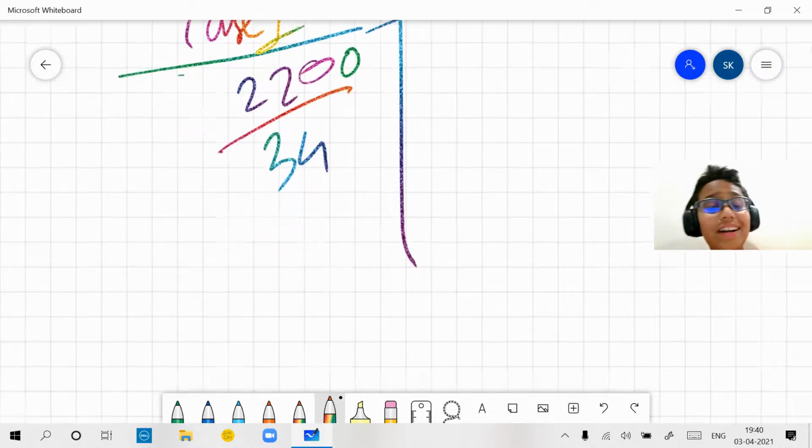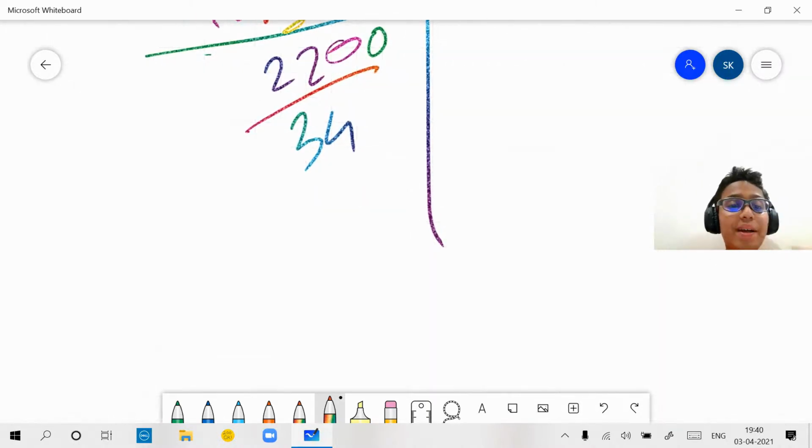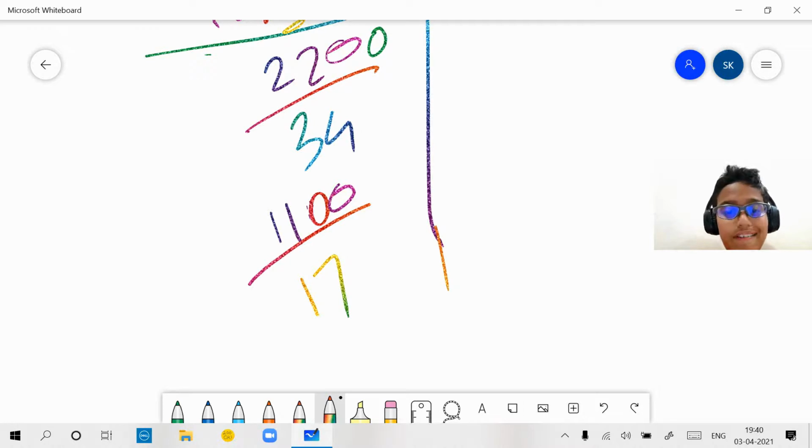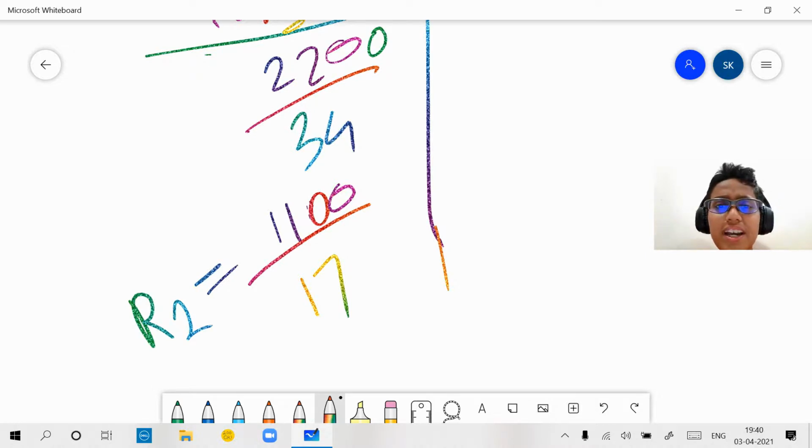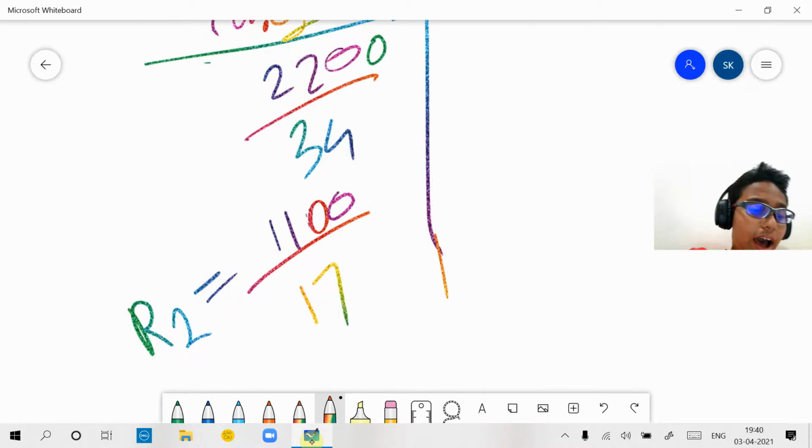So we can directly divide it by 2 and make it 1100 by 17. Now this is indivisible. So our resistance 1 is 1100 divided by 17. By not simplifying it, we will take it directly there. So R1 is